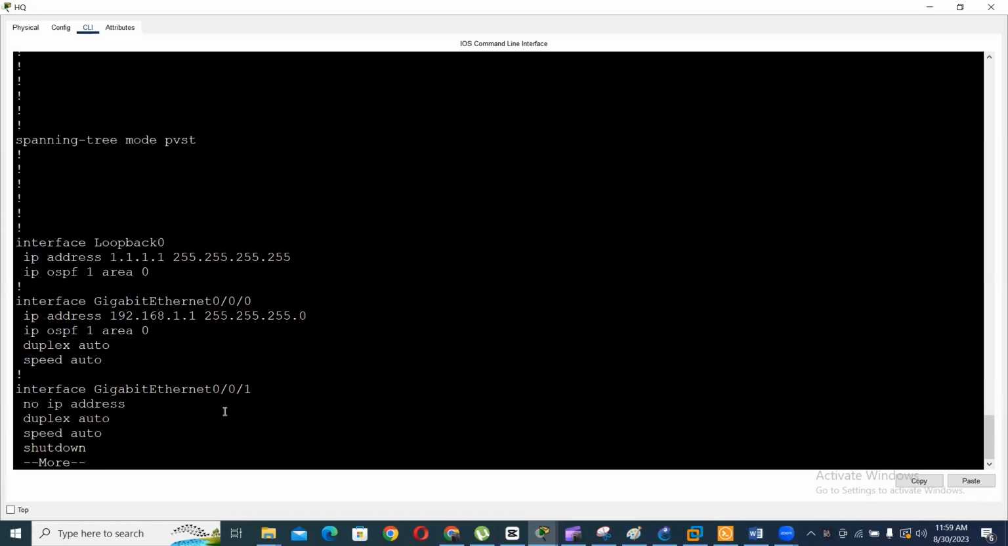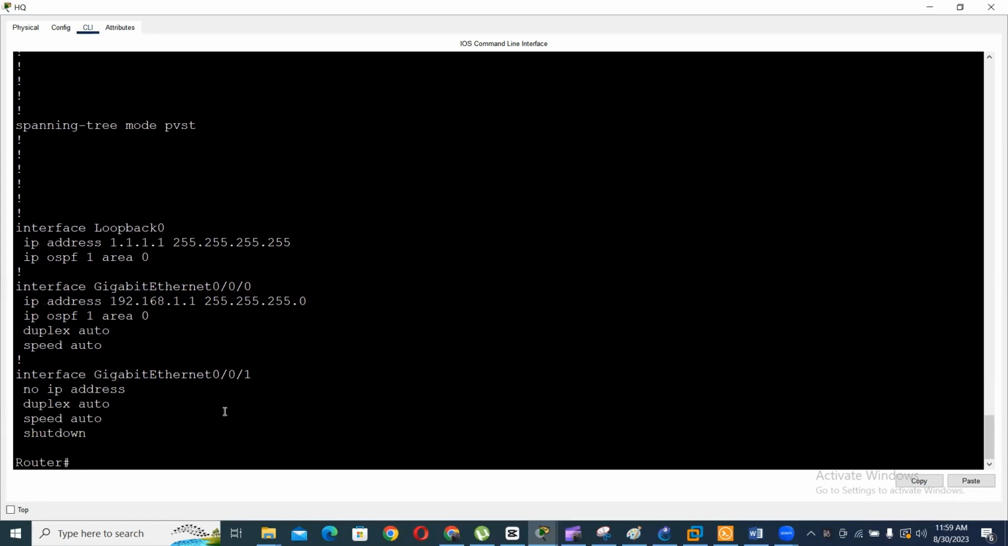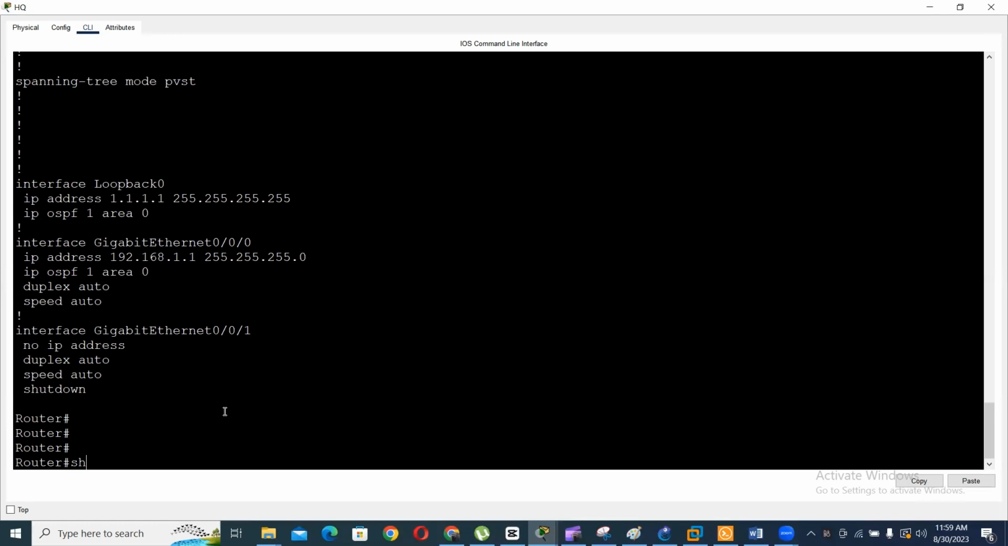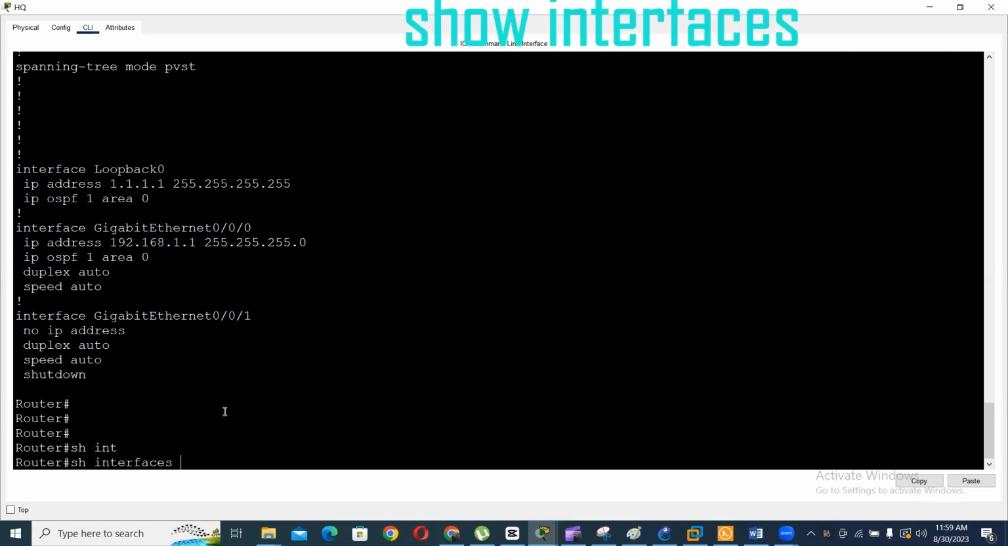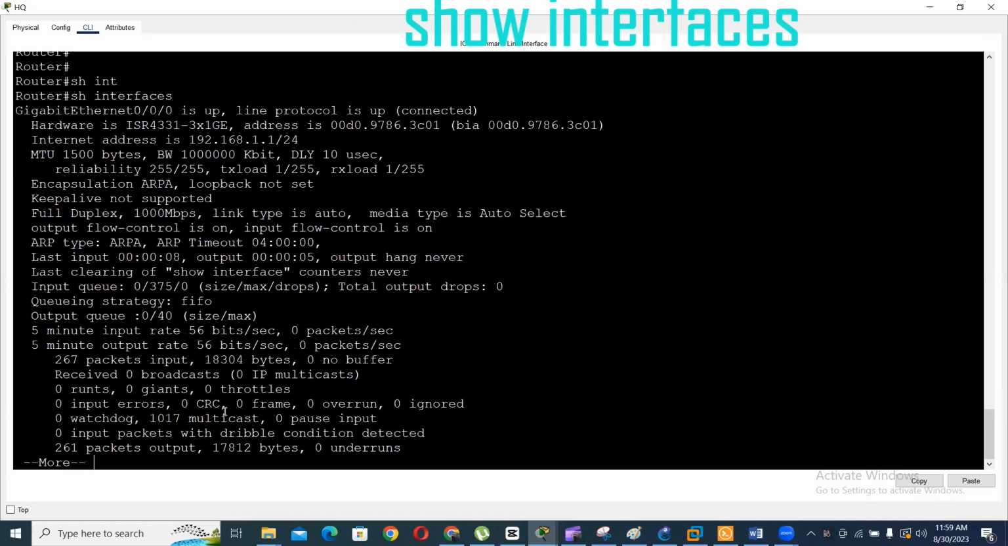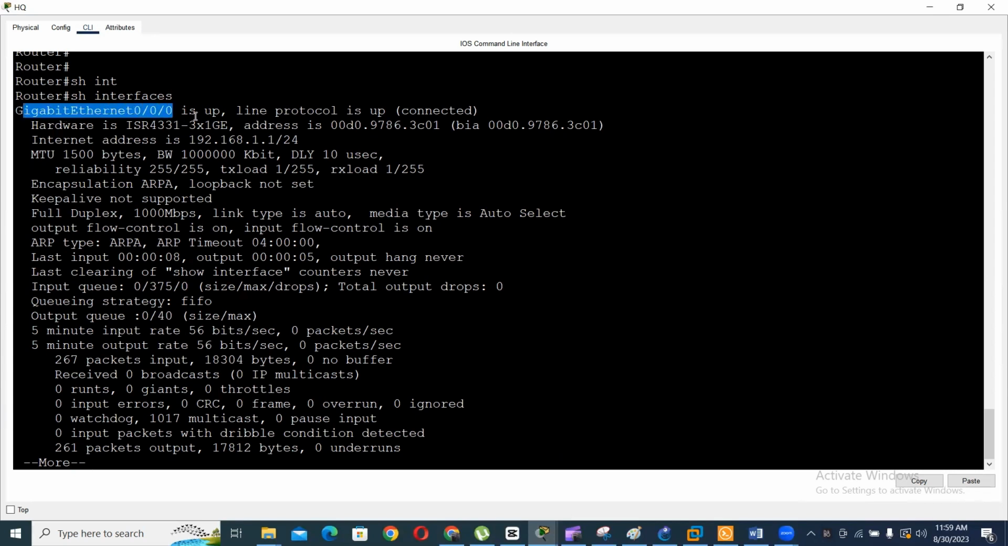Another command we have to master today is show interfaces. The show interface command displays the status of router interfaces. Among other things, this output provides the following. One, the interface status. This interface status is up. It's either up or down, but for this interface, it's up. The protocol status of the interface, the protocol is up, connected. The MTU